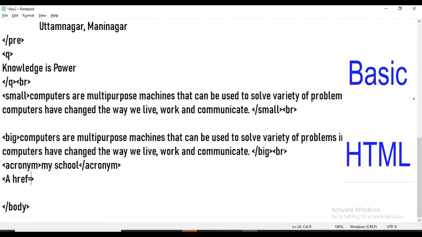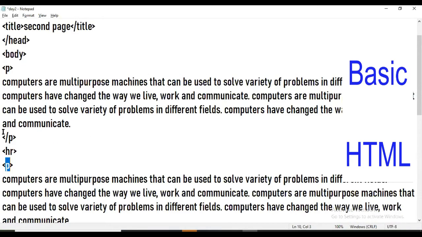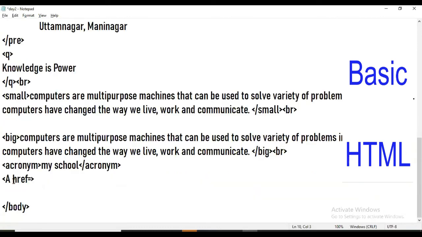Now till now we have used only one single word in each tag. Okay, like HR, body, head, title, P, BR, like that. But here we have used one letter, that is the tag name or element name. Tags are also called elements.